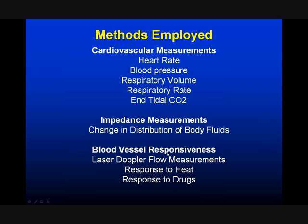In addition, as I mentioned earlier, because the skin is a major repository of fluids, we make continuous measurements of skin blood flow by laser Doppler flow measurements, which, as I'll show you later, are non-invasive. They involve placing small laser lights on the surface of the skin, similar to the oximeter, that little finger gizmo that people have put on if they're unlucky enough to have to go to the hospital,